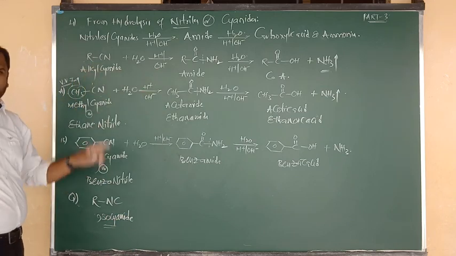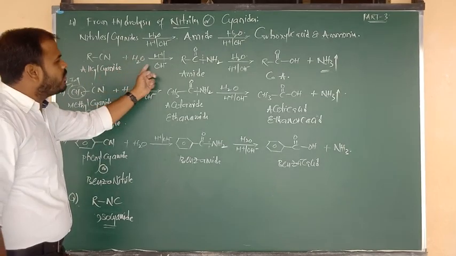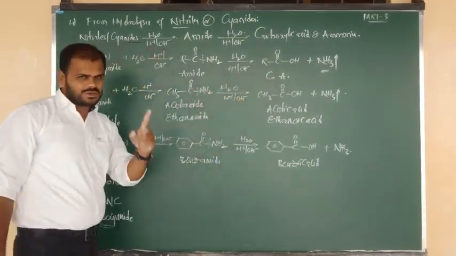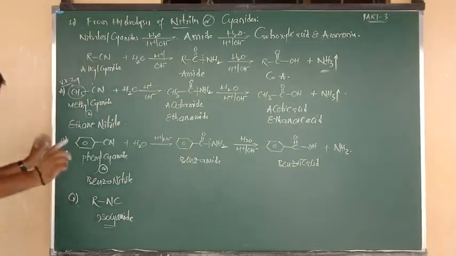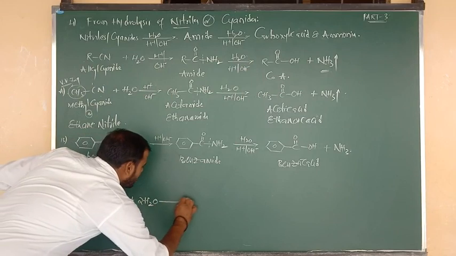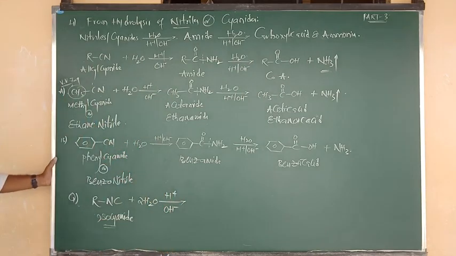Orally in this reaction, cyanides are utilizing how many moles of water molecule? By taking one mole, you are getting amine. By taking another mole, you are getting acid. So how many moles do you require? 2 moles. Directly here I am going to add 2 moles of water molecule. Same thing, the reaction is going to take place in acidic and what, Nana? Basic medium. Acidic and basic medium. So here what will happen?